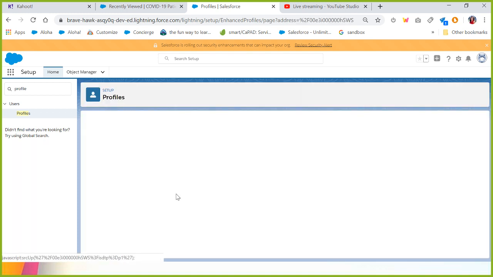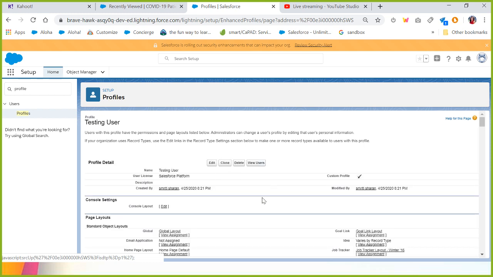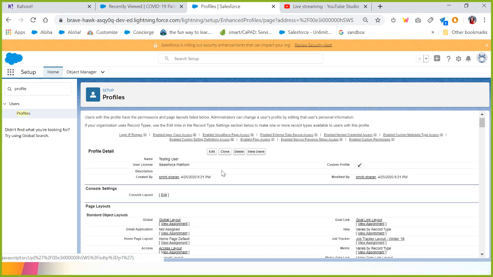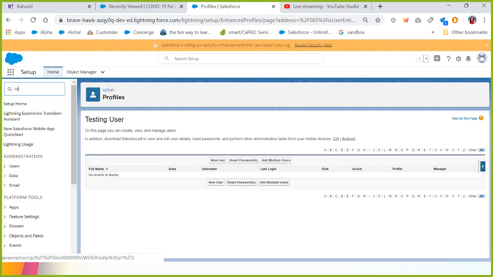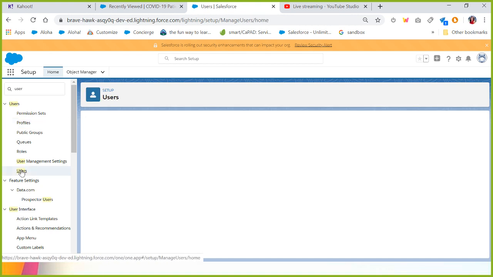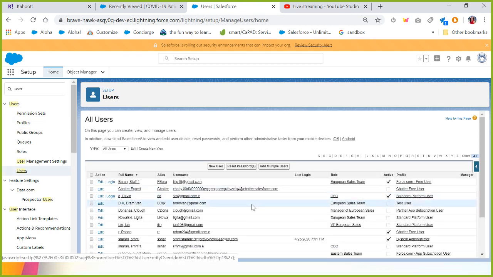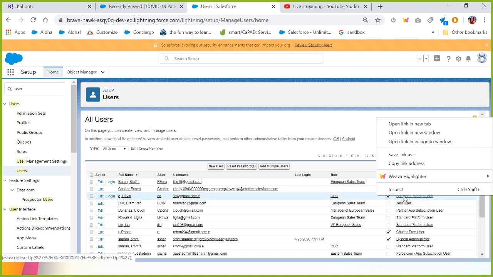Okay. So you are good. If you can go back to the user. You don't have any user in this profile. Okay, so let me go to a particular user. So I will go here and I will go to the standard platform user, and